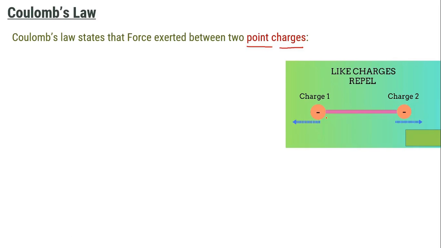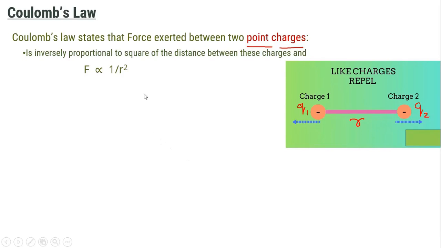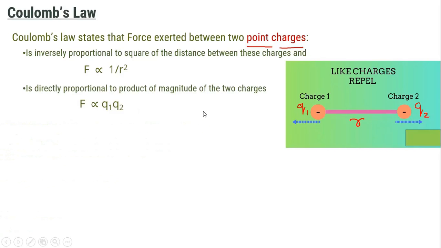So here, if we have two charges, Q1 and Q2, in a space or in vacuum, and they are separated by a distance r, then a force of repulsion exists between these two like charges, whose magnitude Coulomb's law will help us to find. It states that the force is inversely proportional to the square of the distance between these charges, it is directly proportional to the product of the magnitudes of the two charges, and it acts along the line joining